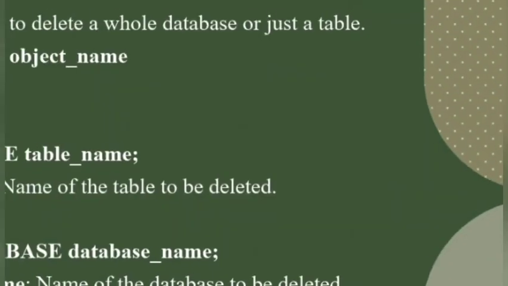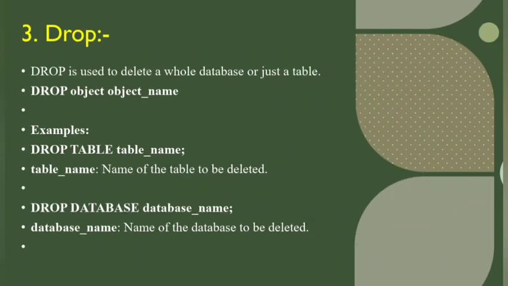And next one we have drop. The drop command is used for dropping the table or dropping the database. In my words, it's completely the opposite of the create command. In the create command, we used to create the database first, later we used to create the table. The opposite of this is drop. First, we used to drop the table, later we used to drop the database. Drop is nothing but removing everything. Not only the records, it will remove everything.